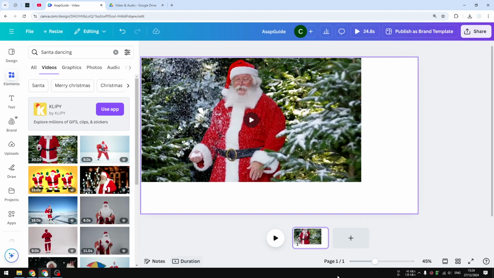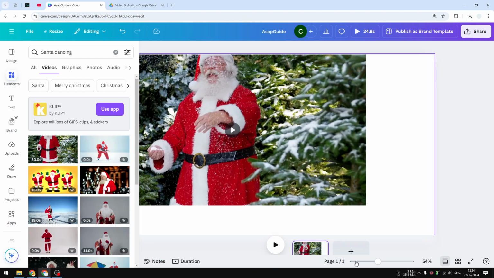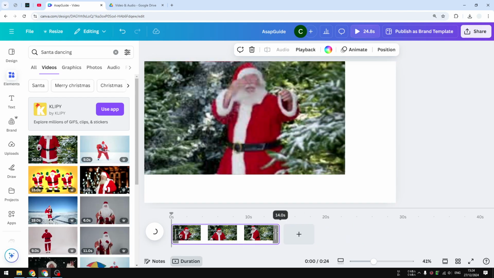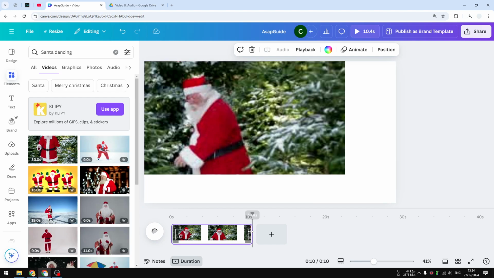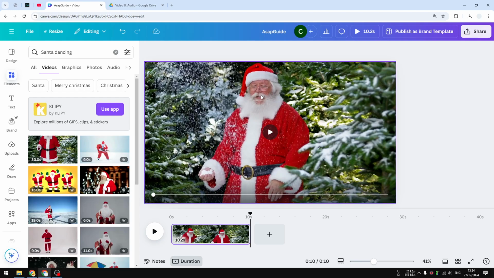Oh, by the way, I think it is worth mentioning that if you are not seeing that feature, you have to open the thumbnail view and then click duration, so you will see this video thumbnail, which is very useful when you are dealing with video in Canva. So I have this video. This is the first layer, and after that, let's try a video of falling snow